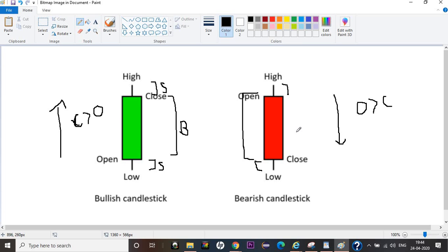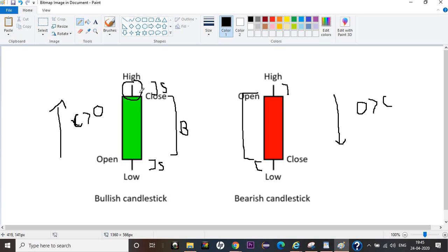Now a nuanced trader tries to see just the color of the candlestick and predict what's going to happen next. But that's not it, guys. That's one of the things, but it's not going to shoot up your profit probability. One of the important things in a candlestick is the shadow. It tells you who has the control in the market. Is it a buyer or a seller? And 90% of the time you can predict what the next candlestick is going to form like, right?